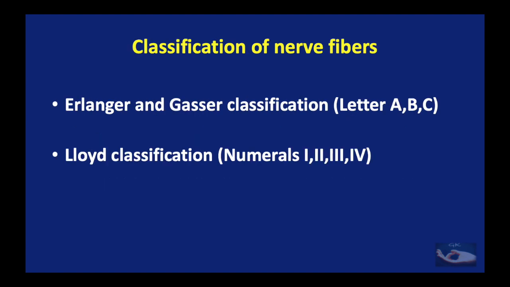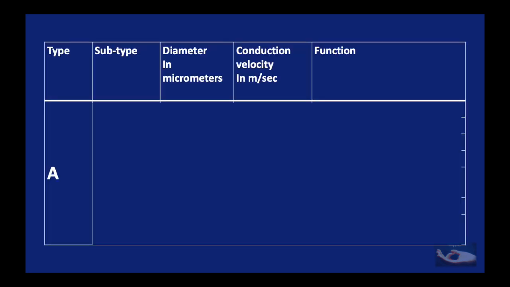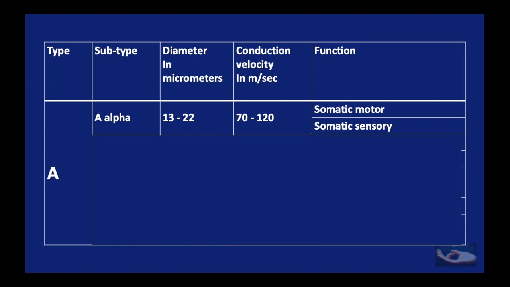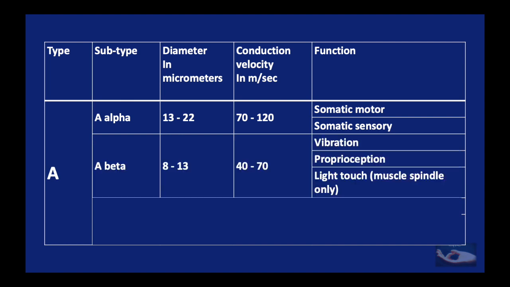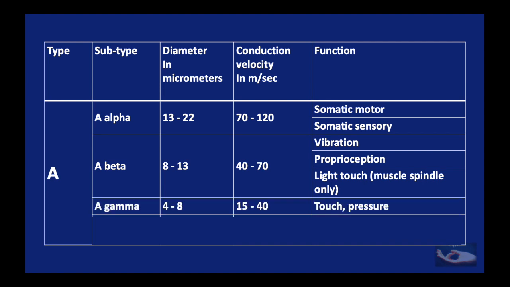All these features have been incorporated in the classification of nerve fibers: the Erlanger and Gasser classification, which goes by the letters A, B, C, and the Lloyd and Hunt classification, which goes by the numerals 1, 2, 3 and 4. Type A fibers are subclassified as A alpha fibers, which are mainly somatic motor and somatic sensory, A beta fibers, which are mainly for the vibration sense, proprioception and light touch, A gamma fibers, which are mainly for the sensations of touch and pressure, and the A delta fibers, which are important for pain, crude touch, pressure and